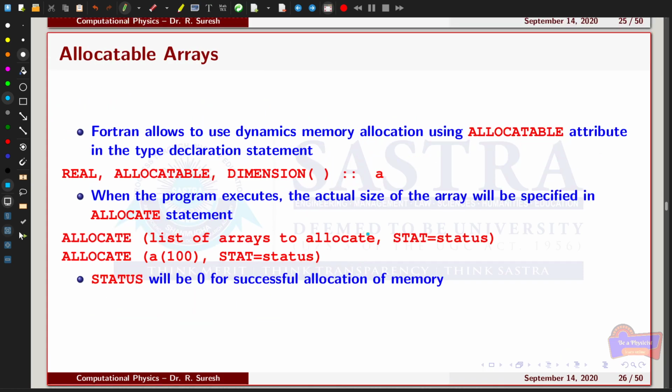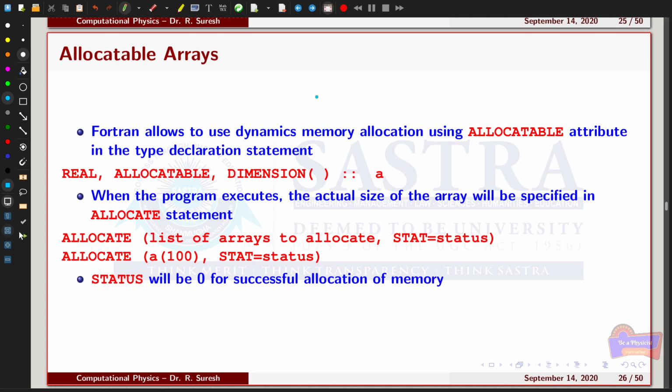Okay. So next we are going to see about allocatable arrays. In the previous examples, we have defined the size of the array initially, and then done the different operations using the arrays. Suppose the number of array values is increased beyond the fixed value, then it is called an out of bound array, and it will give you a compiler error during the operation.